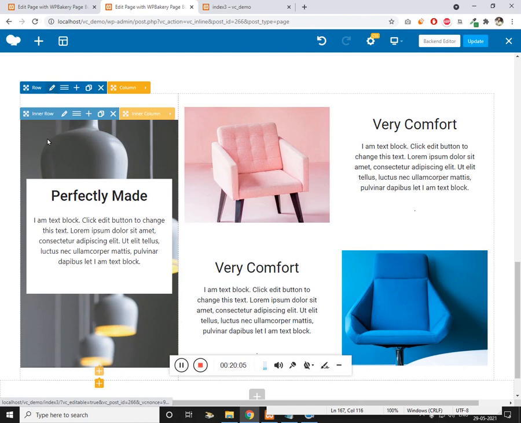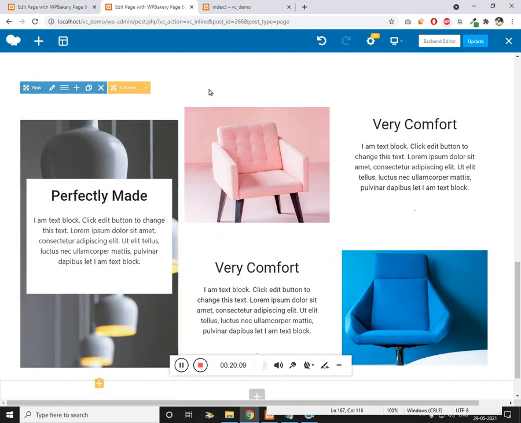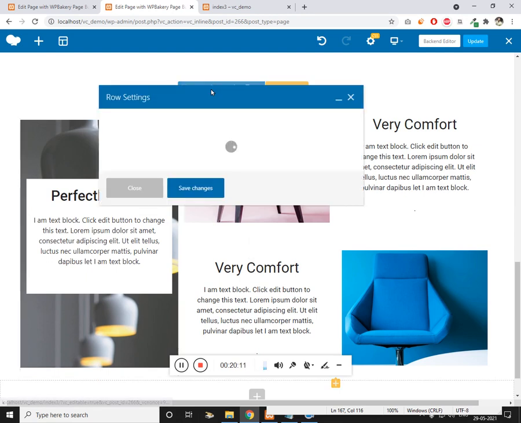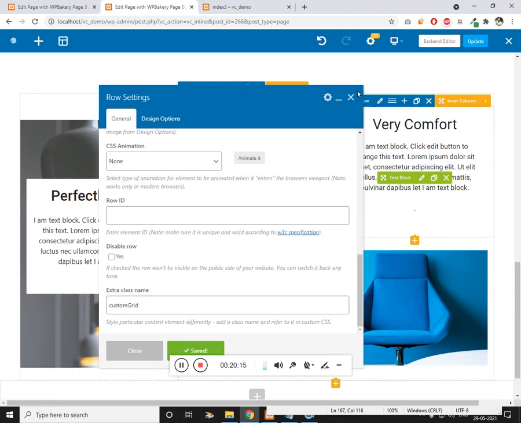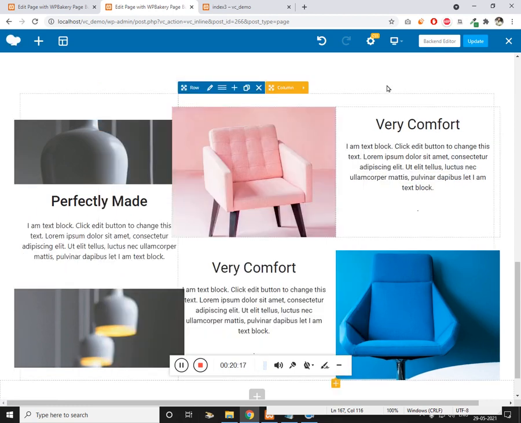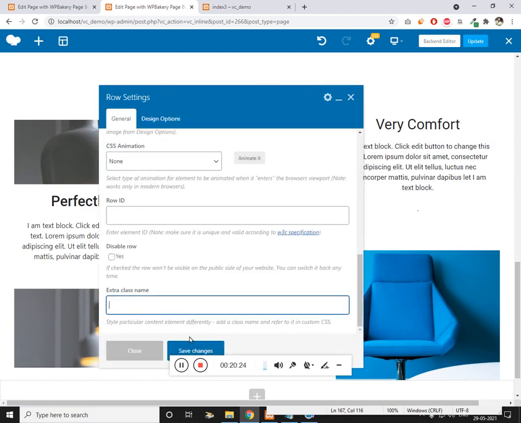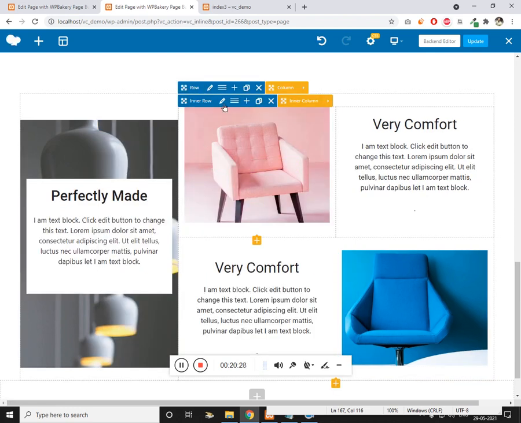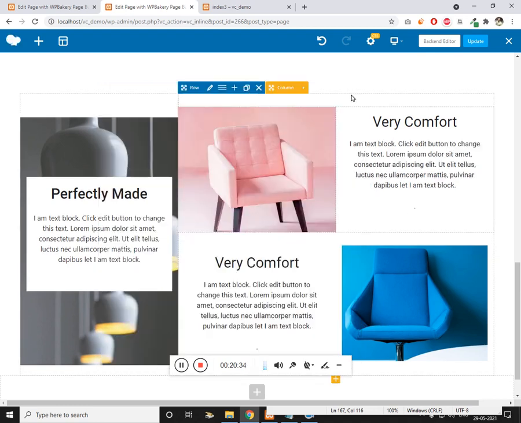Now the custom grid we need to apply only to this grid, so that removes the padding. Or instead of giving it to the parent row, why don't we give this to the child row, that is the inner row, so that only the inner row image effects get affected.